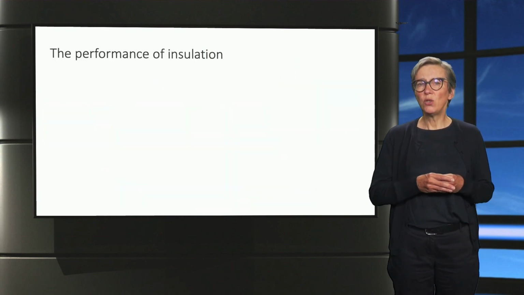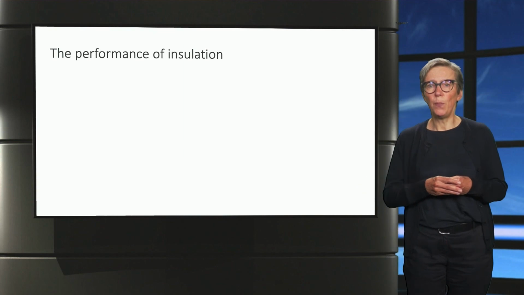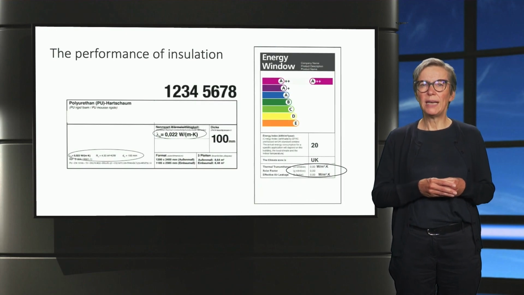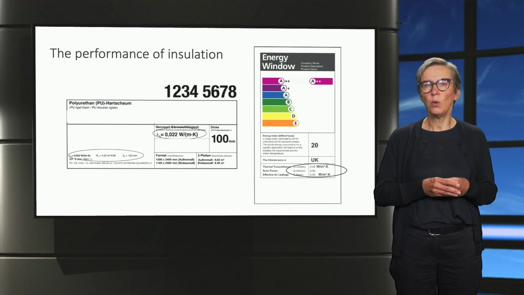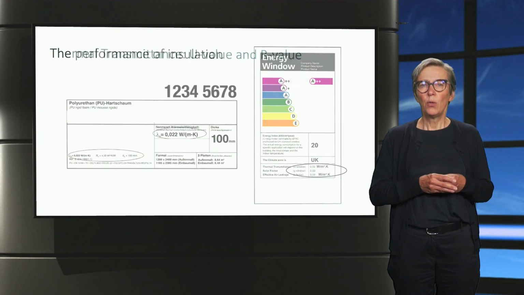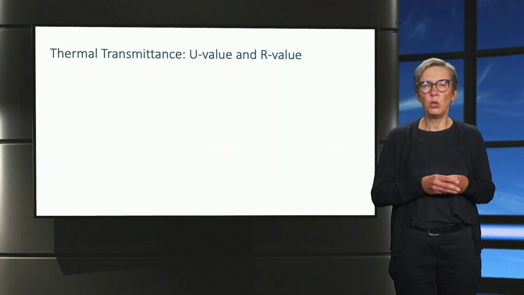A wide range of options and material is being applied to insulate a building. But how can we compare the performance of different options and materials when it comes to reducing energy losses? You may have looked at the labels of insulation material and noticed a lot of different numbers and units to indicate the thermal properties. Thermal properties of materials are usually compared by looking into the U or R value.